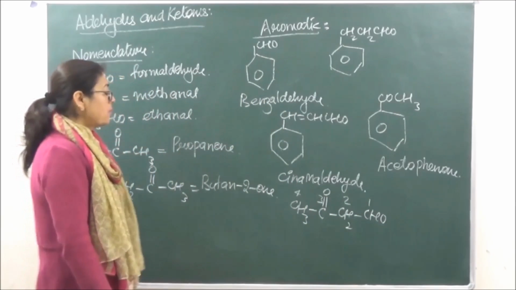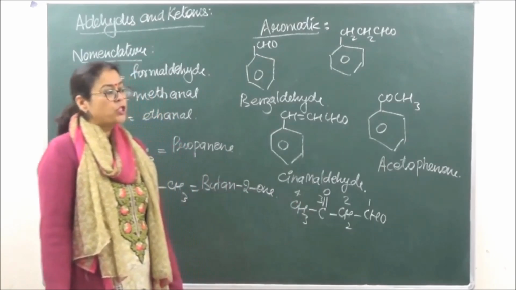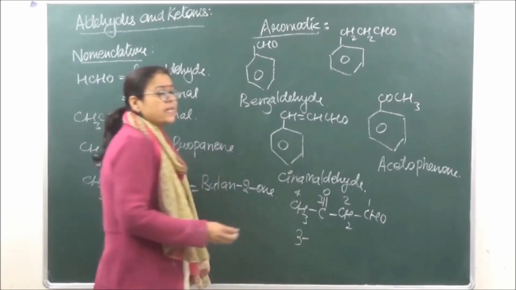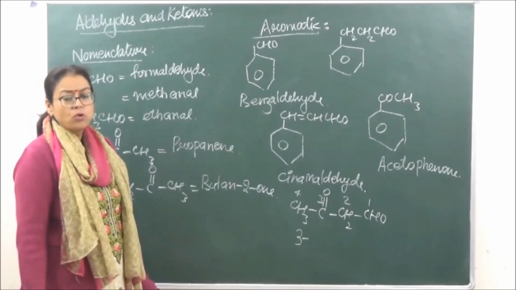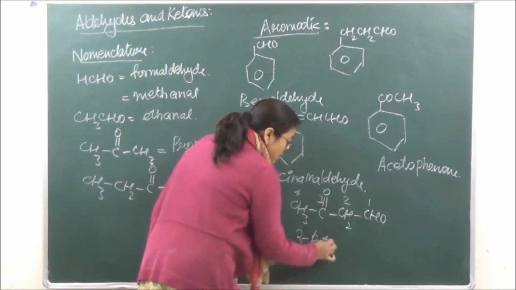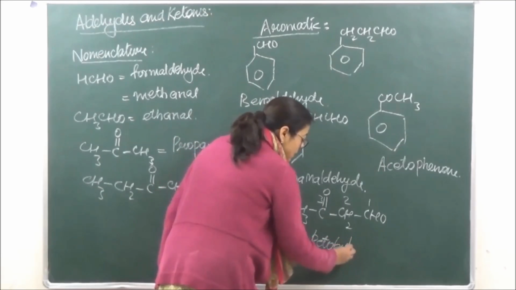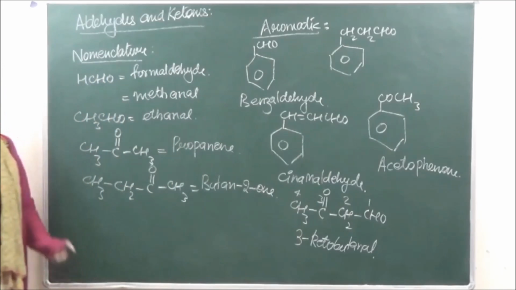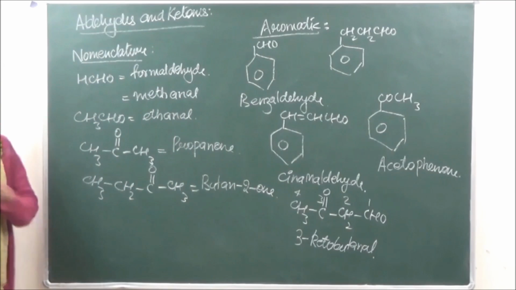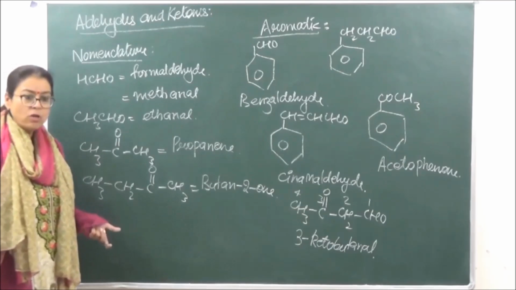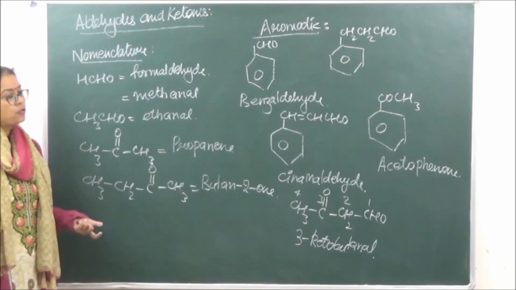Okay? So here we take the keto group as a substituent, and it is going to be taken as a prefix. So what will its name be? You can either take it as keto or as oxo. You can use either of the two. So we are using keto over here. It is 3-ketobutanal. Okay? So whenever both aldehydes and ketones are present, this is how we name it. And if two keto groups are present, it is diketo; if two aldehydes are present, it is dial.